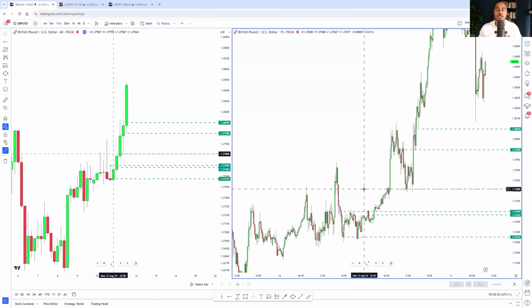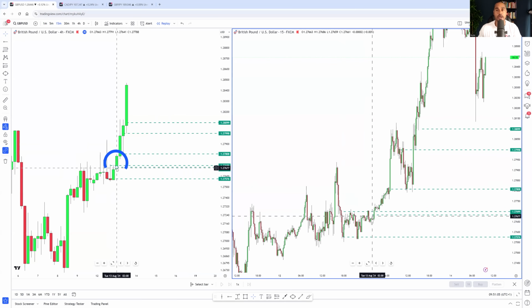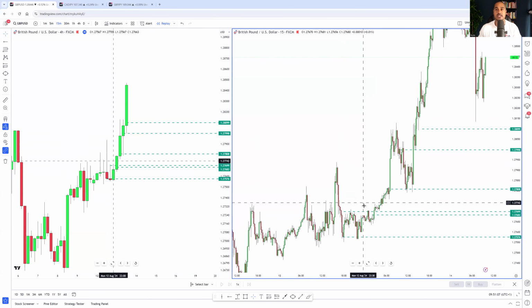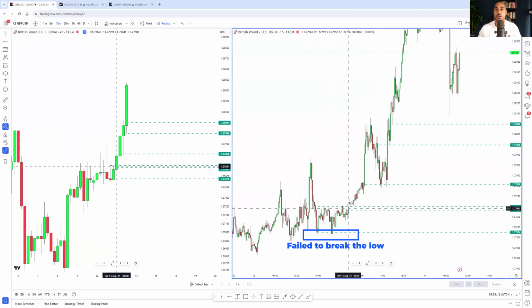What matters is that you understand that the daily candle is bullish. The previous 4H candle has closed bullish. And in anticipation of the daily candle continuing to push bullish, the next 4H candle will be bullish. Scaling down to the 15-minute time frame, we can see here, price fails to break the lows, fails to break